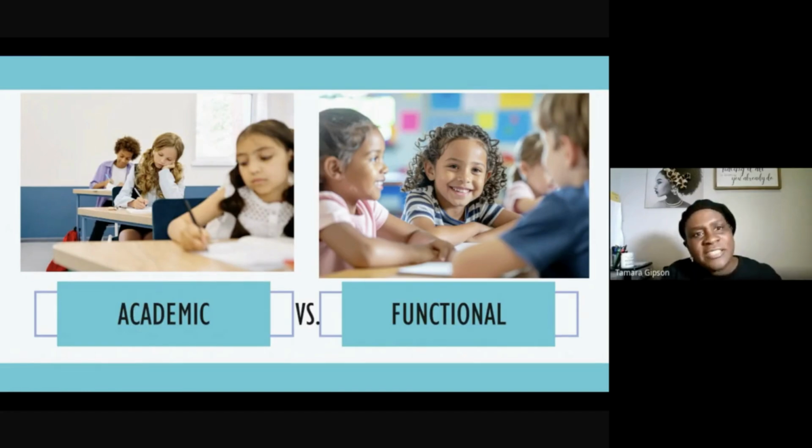Academic will say something like reads at third grade level, solves one-step equations, writes a 5-sentence paragraph. But functional may sound a little like this: struggles to transition between activities without adult redirection, having difficulties interpreting peer social cues, cannot independently organize their materials, or even they may become dysregulated during unstructured time.